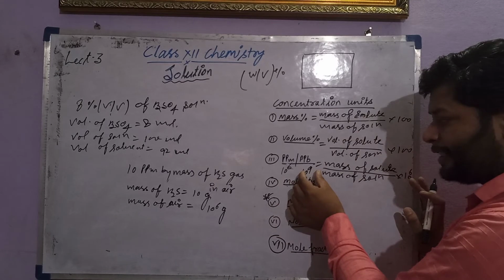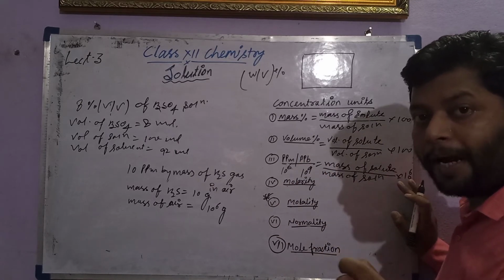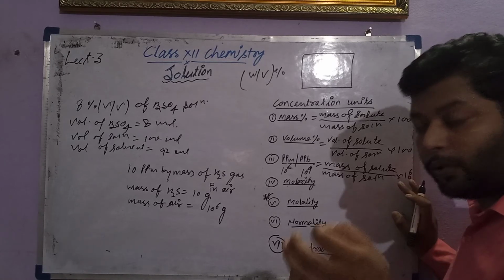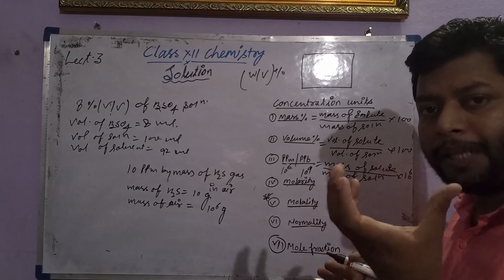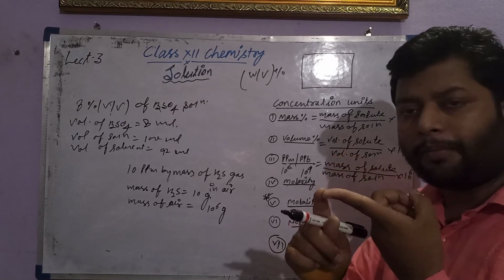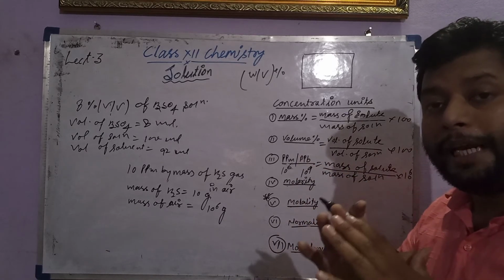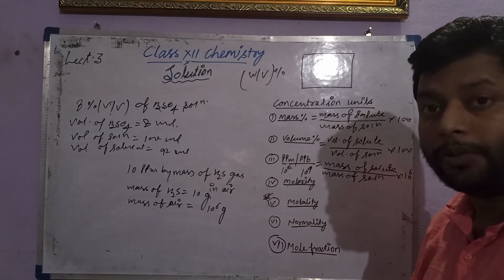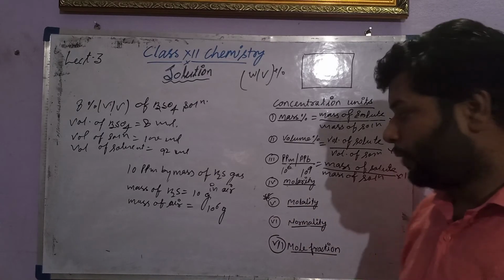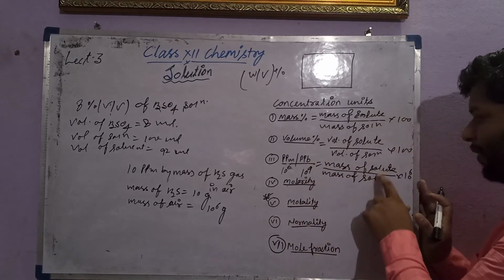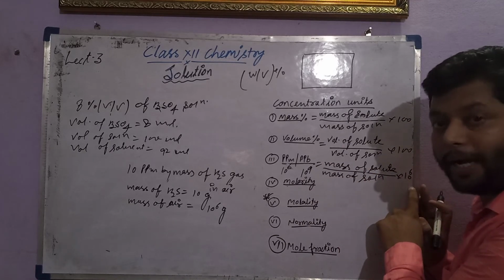Same way, when we explaining the ppb, parts per billion, it's actually explaining the some part of solute in the terms of gram or in the terms of volume out of 1 billion part of a solution in the terms of mass or in the terms of volume. So whenever we have a ppb, the same formula will be 10 to the power 9.